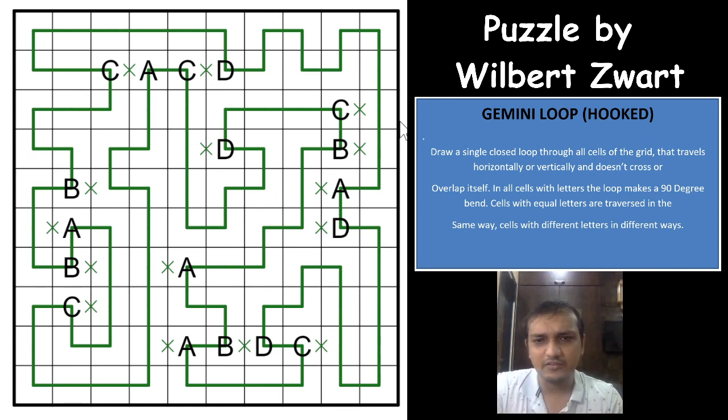So I really love the technique of having a loop segment here and here. That didn't give us anything much, but I just wanted to make sure that I cover all the possible ways of how to solve these kind of puzzles, and it was really an excellent technique and excellent puzzle here, a really tricky one. You will have to see the orientations and see the way the puzzle works here. As we have already discussed, A and D will have to go in the same direction in the horizontal segment, and A and C on this side will have to go in the same orientation in the vertical segment. So these kind of things are very helpful to solve this puzzle, and I hope you enjoyed this video.